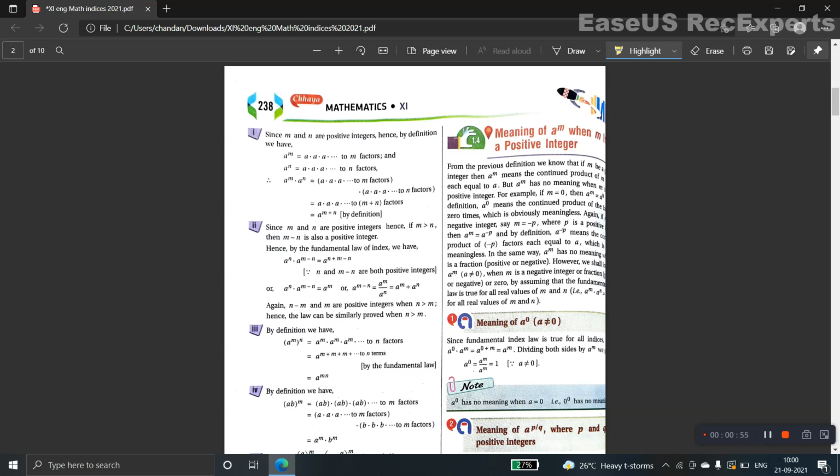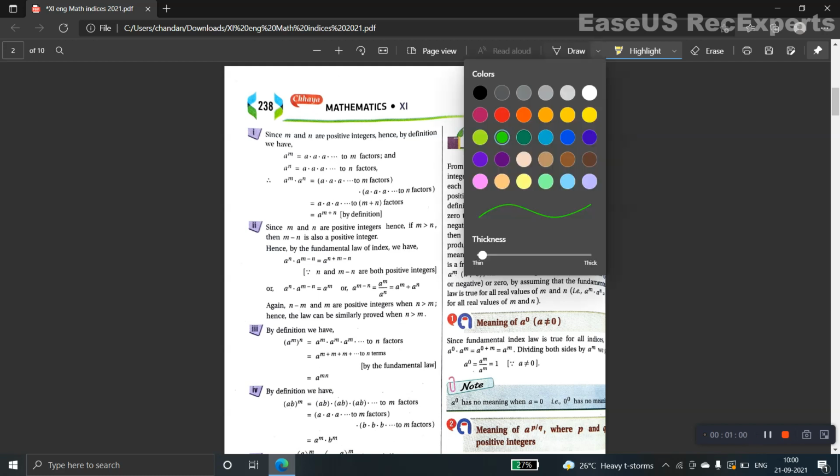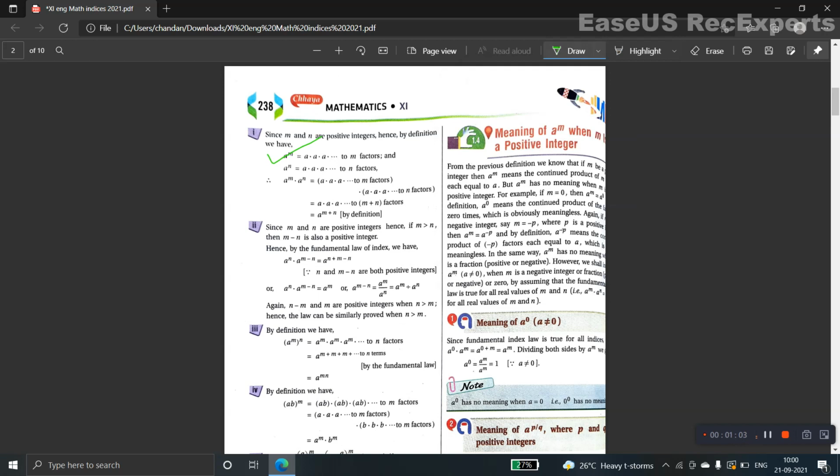In this section we find a to the power m and a to the power n, a to the power m into n, and these are the things. In general, I reckon that you know all of this. In case of powers, they are added when they are multiplied. So a to the power m into a to the power n becomes a to the power m plus n. You can see in your book, it's easy. When they are divided, obviously the powers are subtracted. That is not a problem here.